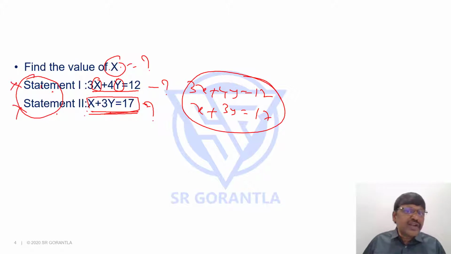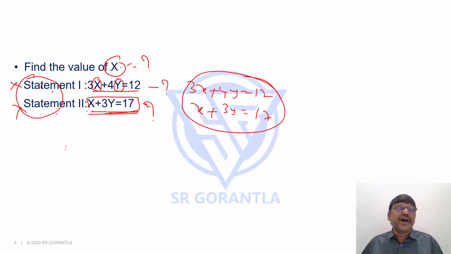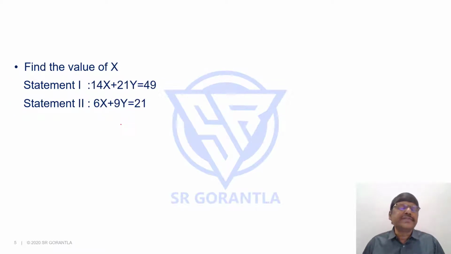Means, what should be your instruction? Have you noted down the instructions, please? Yes. So both statements means my answer is choice 4. So the answer for this question is choice 4. Right, students? Okay, done. I'm not finding what the x value is. I've concluded that I can find the x value. That is important, right? Let's come to the second question.